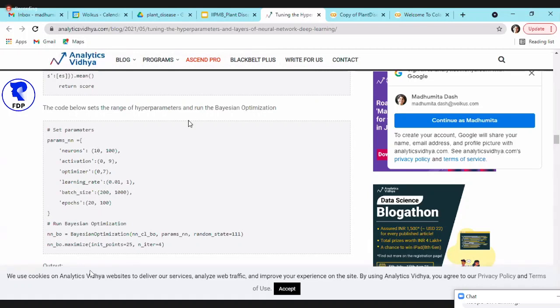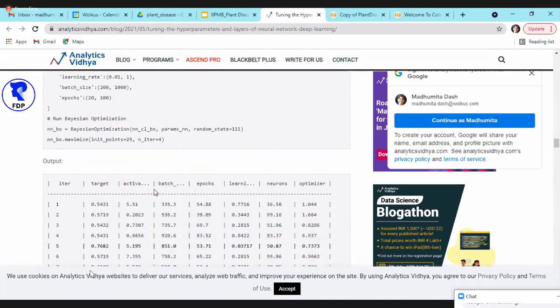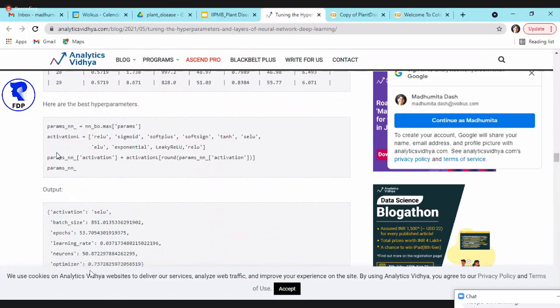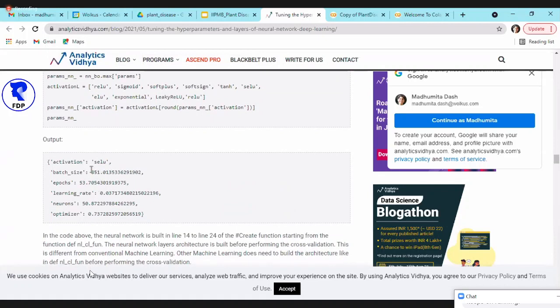I'm not running it in this session because this will take at least an hour to run, since it will go through all these combinations. Whatever metric you have passed, if you have passed accuracy, it will see which of these parameters give you the best accuracy. Then it will tell you the best parameters: use this batch size, this many epochs, this learning rate, these neurons, optimizer, whatever. That will give you the final architecture of the network, easier to do. Okay.